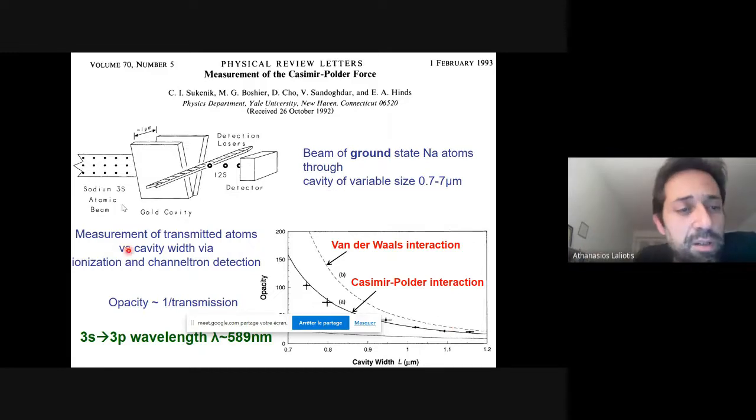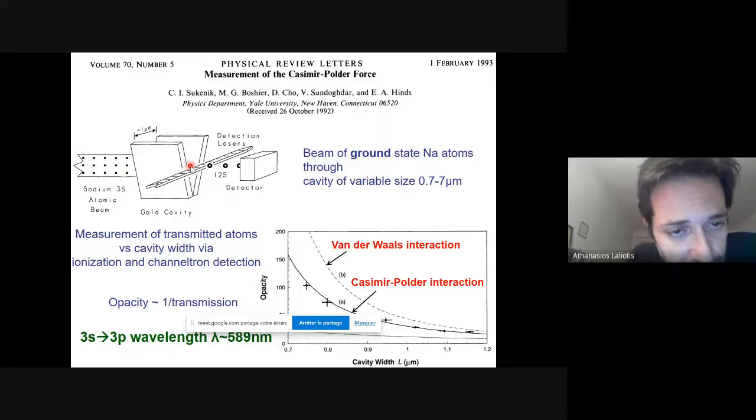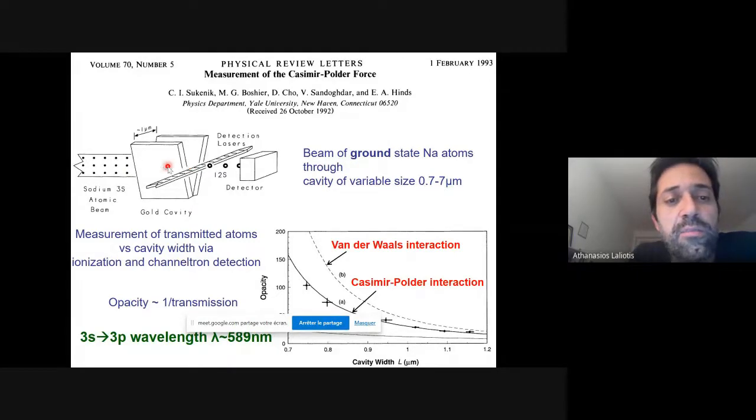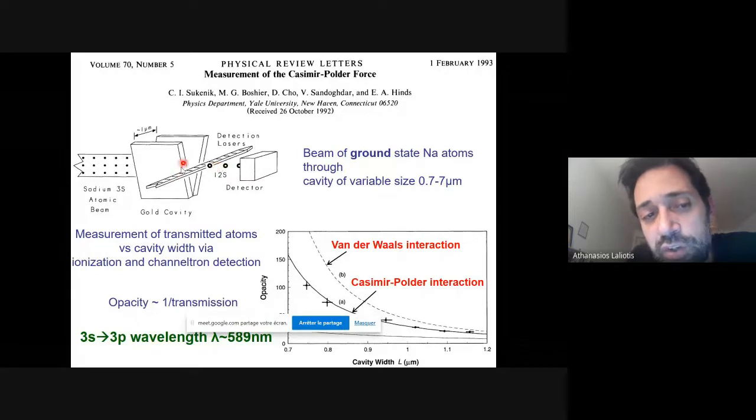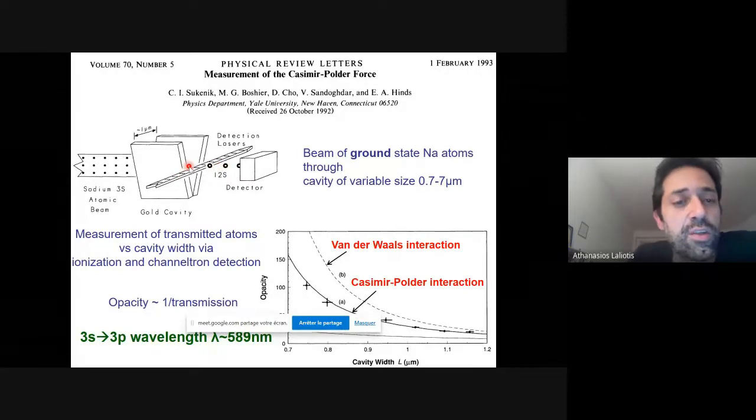In this experiment, they took sodium atoms and passed them through a cavity. And actually, the number of atoms that are transmitted through the cavity depends on the strength of the interaction. So what they did in this experiment is they measured the atoms that fly through, and they tried to